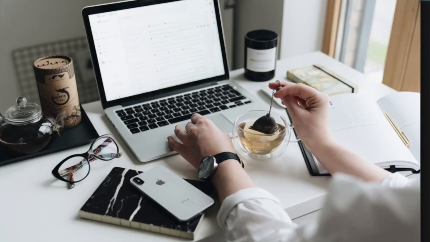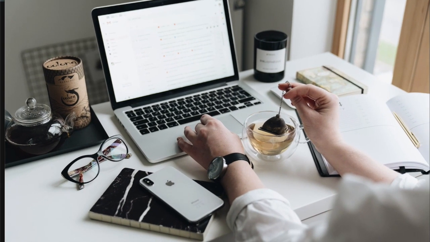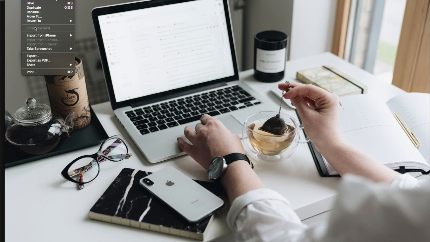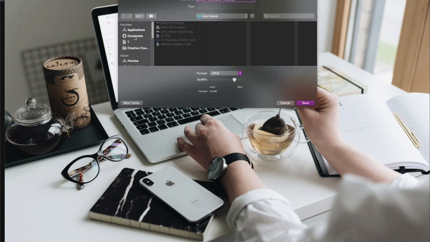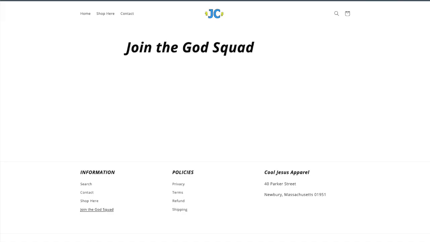There it goes. Going to save it. Newsletter pic, and then we're going to go back here